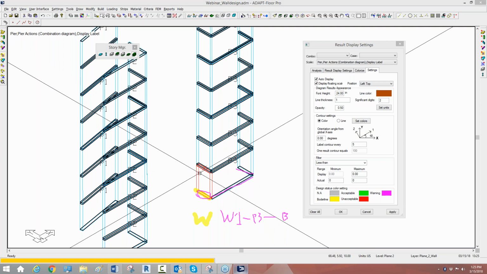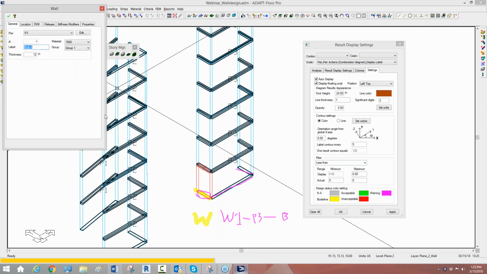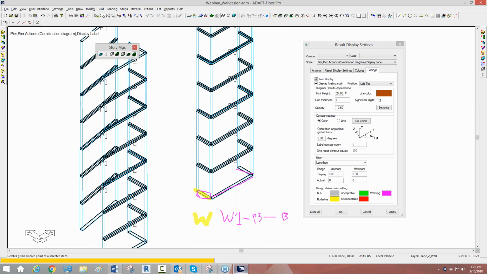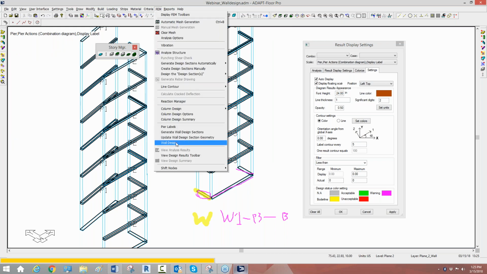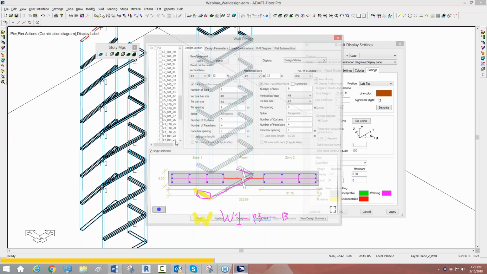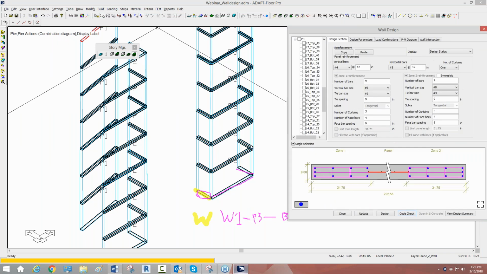So this is wall number 4. This is wall number 10, and so on. So if I go to the Wall Design Manager, where I can manage the reinforcement that is located in these walls, that's under Wall Design. If I go into the Wall Design Manager, you can see for Pier 3, if I go down here to,